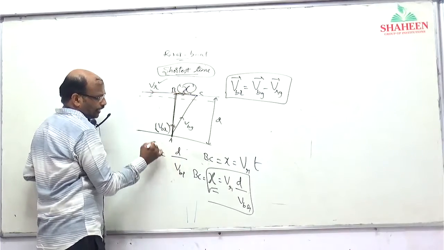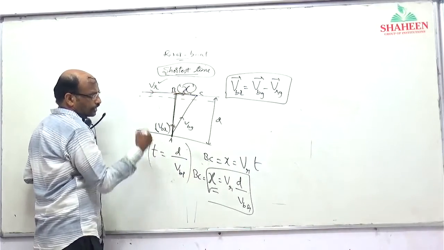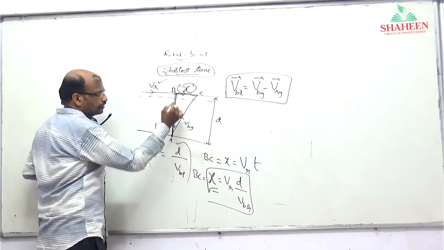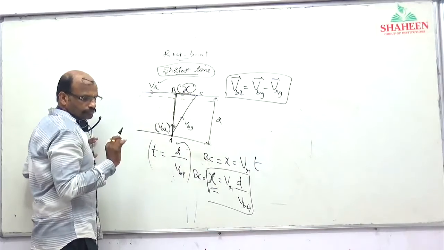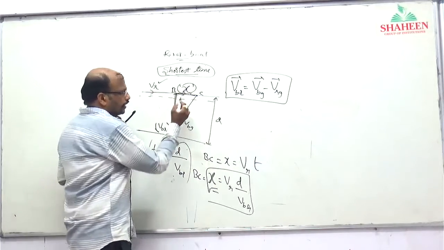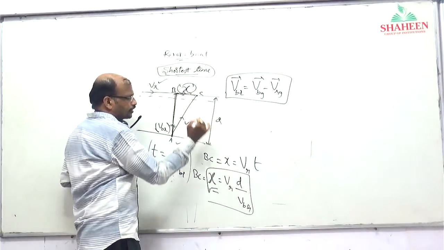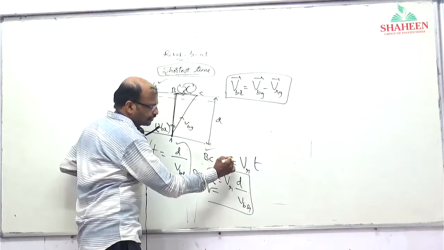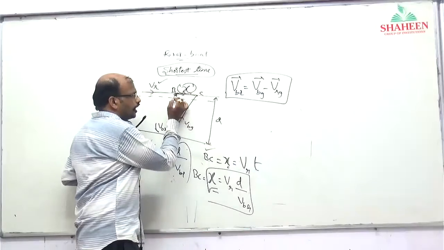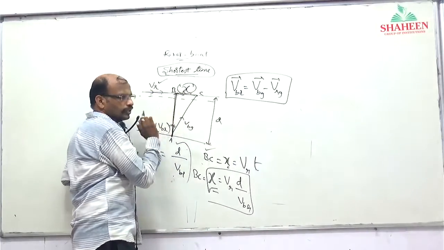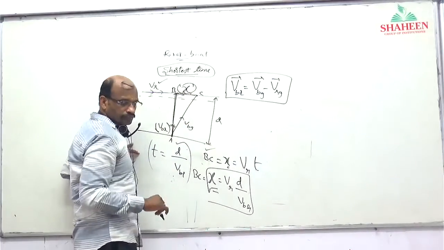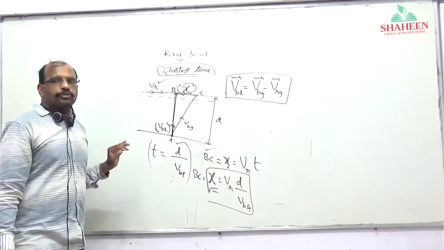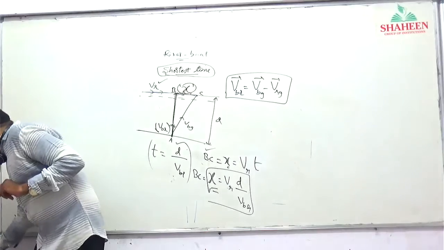So here, time taken to reach the opposite shore is D by VBR, the width of the river by VBR, where VBR is the velocity of boat with respect to river. He is reaching point C. BC is called the horizontal distance or drift. That horizontal distance X is equal to VR into T. VR is due to the push of the river. Boat is making some horizontal drift. That horizontal drift is given as VR into D by VBR, VR into time. Is it clear now?